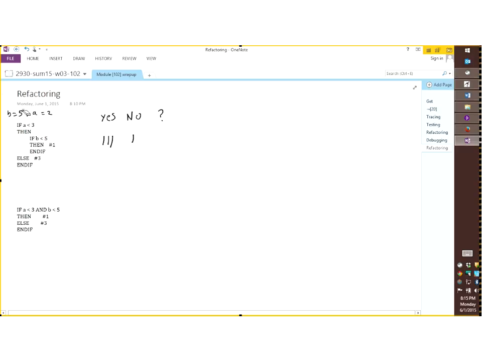You see how tracing is important, right? Here we're talking about refactoring, so a different skill. But the way that we decide about refactoring is by using tracing and testing. So that gives you an idea of how the skills are piggybacking on one another, right?